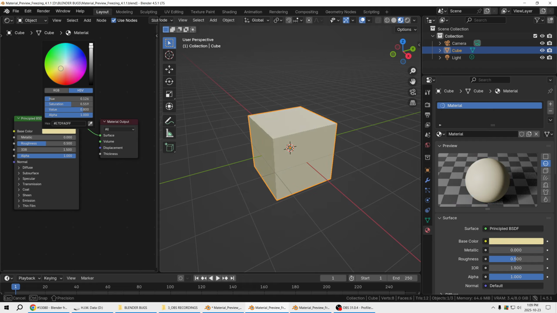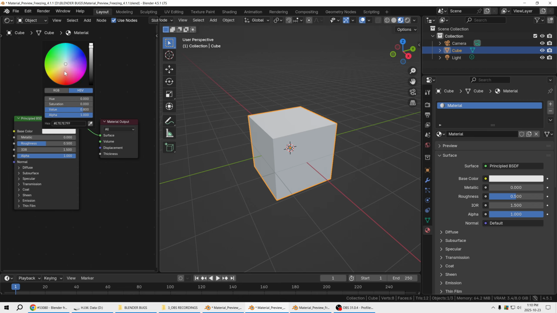You cannot move it whatsoever. It's like 2 frames a second. It's completely chunky, completely stuttery. It's completely unusable. And so now if I go and close this preview and then I try to move this,